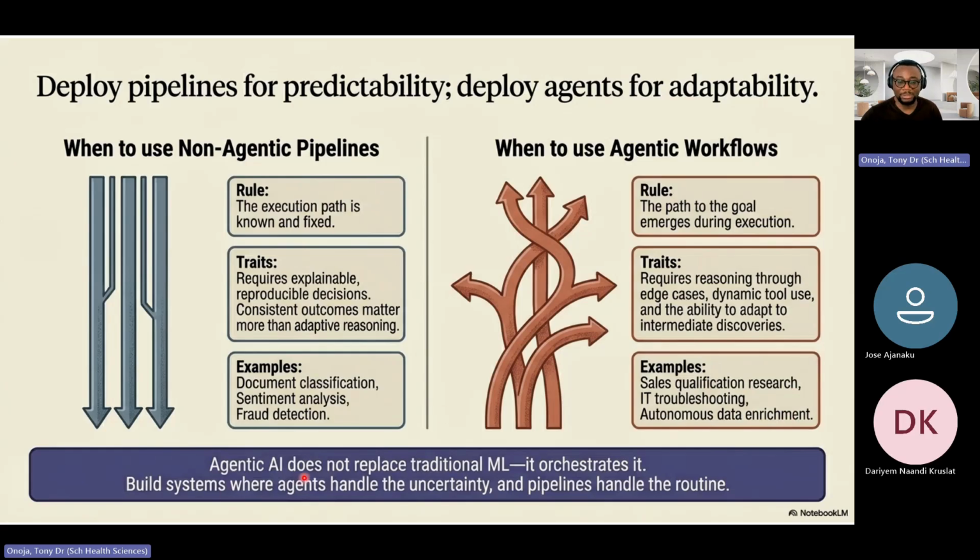The AI agent does not replace traditional machine learning, it orchestrates it. It builds the system where the AI agent handles the uncertainty and the pipeline handles